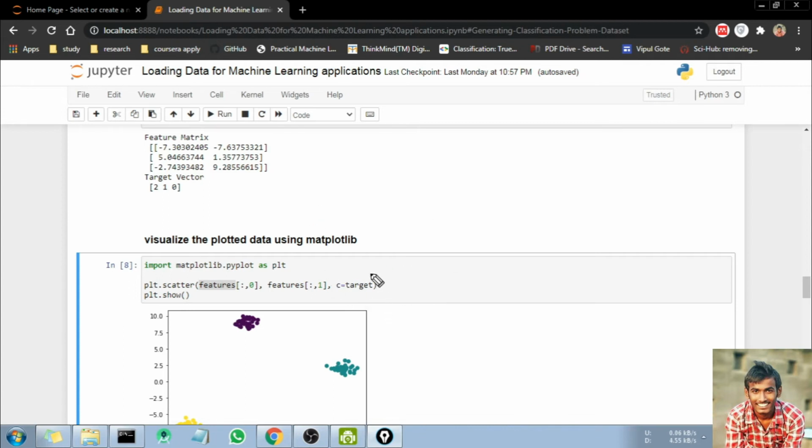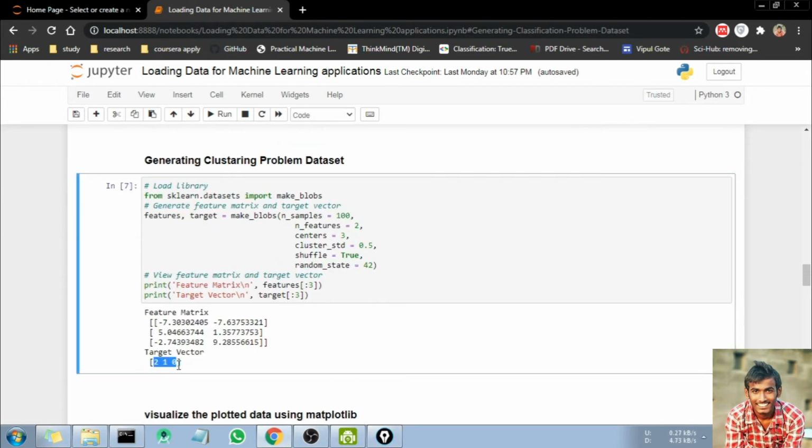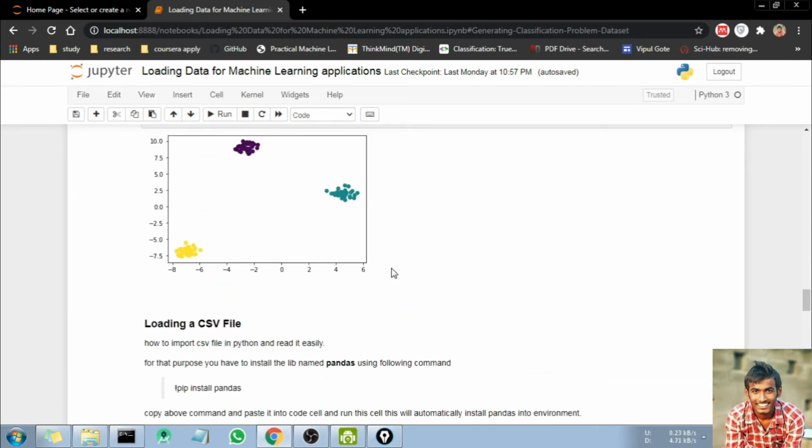Basically we have 0, 1 and 2. We have this number of targets because we set centers to 3, and see here, only 3 targets we have, that's why only 3 clusters are made.